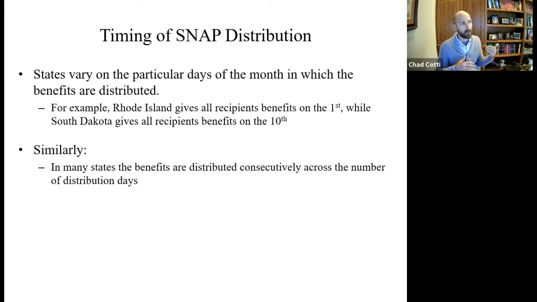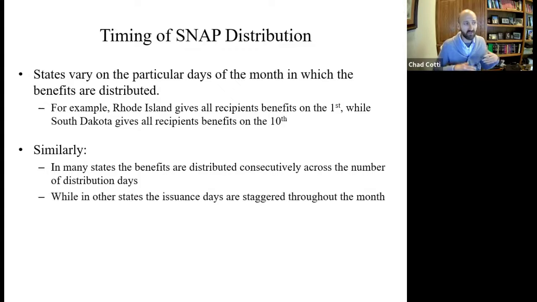And similarly, for states that distribute across many days, you get all kinds of patterns. The most common thing states do is distribute consecutively. I think the modal number of days is 10, but the modal distribution among all choices is the first 10, so it's a consecutive distribution. Now, other states have much more staggered patterns. Wisconsin distributes on 10 days, but the first day of the month is not a day, then the next 2 days on, then a day off, 2 days on, day off, until you get to the 15th. Most states have some kind of pattern that they follow, at least it feels like they chose something non-random.